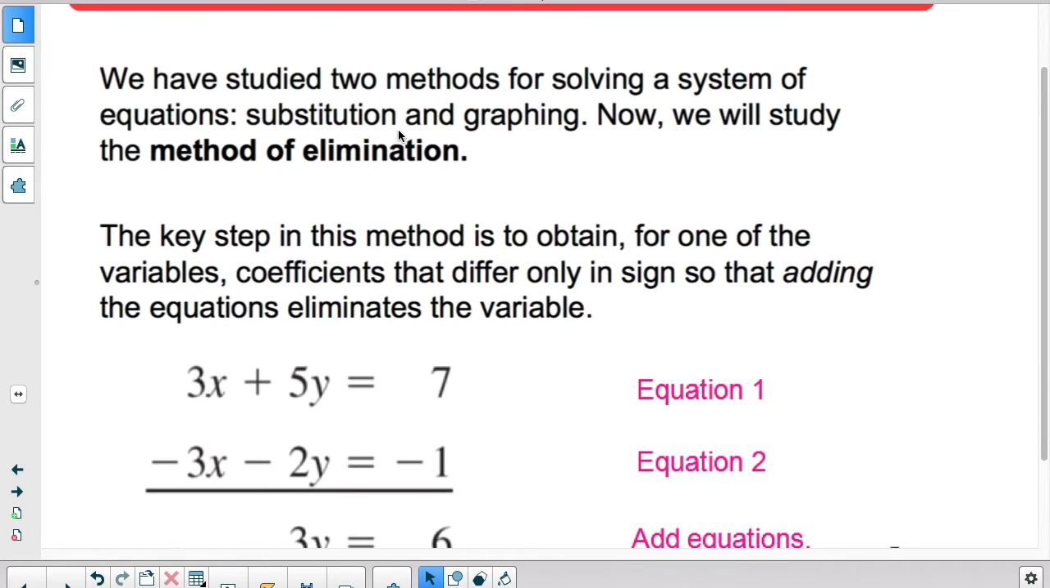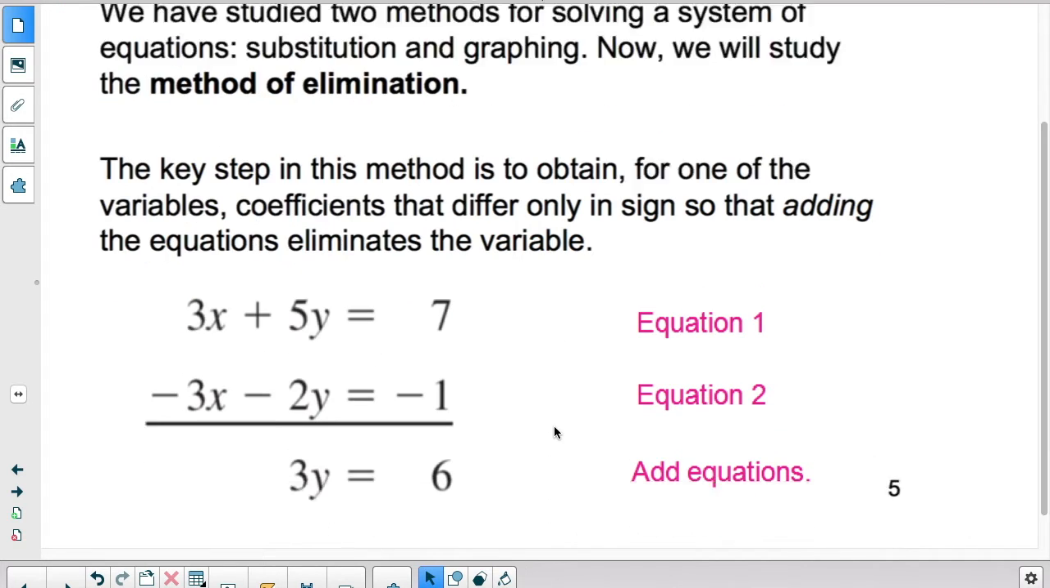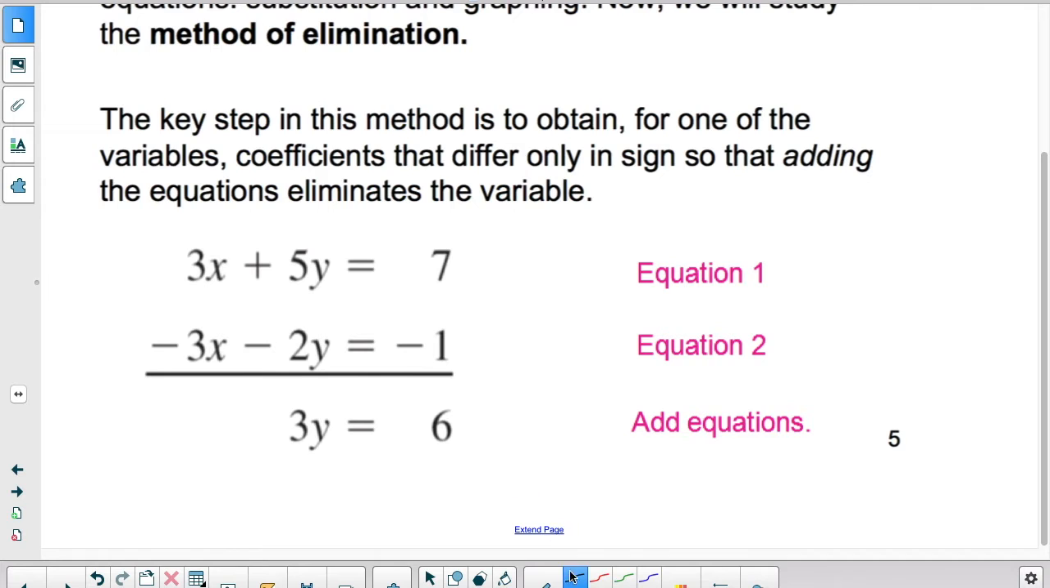Now, to solve a system of equations by using elimination, we want one of the variables to be the same in both equations, and when I say be the same, I mean have the same number. It doesn't have to have the same sign, but we need the same value. So 3x and 3x, or we could have 5y and 5y. We need one of them to match up,